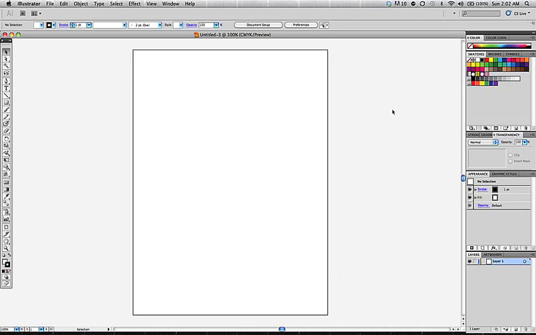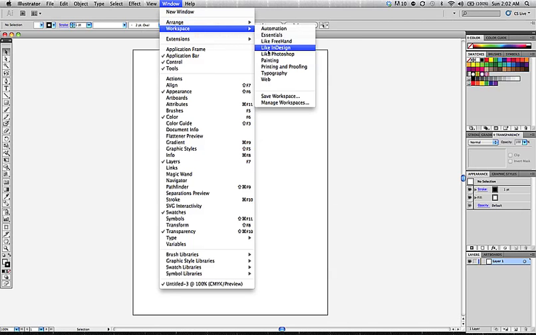I could move windows or close some of them or open some that I find more useful. And you can actually save a workspace. So if you find that some windows and panels are annoying and you use others more that aren't there, you can arrange it the way you want and then save your workspace. And that would end up being named in this whole list of workspaces here,